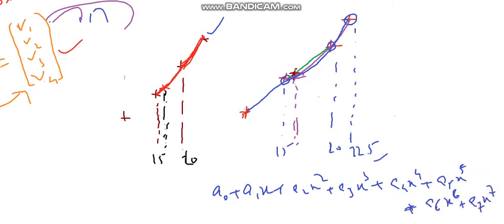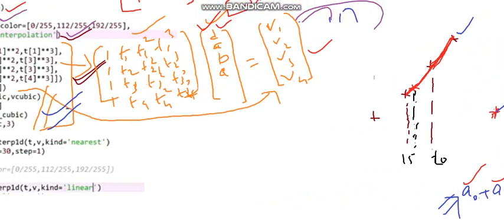So in that case, you have to use this kind of polynomial if you are having 8 points, and you can use this kind of polynomial up to 7th order, and you have to find out the coefficients a0, a1, a2, etc. Then you can substitute any value of x or t in this equation to find the corresponding velocity at any point. So that is also possible. So this is the basic idea behind this polynomial